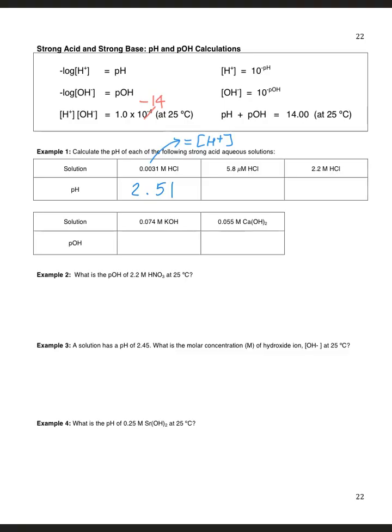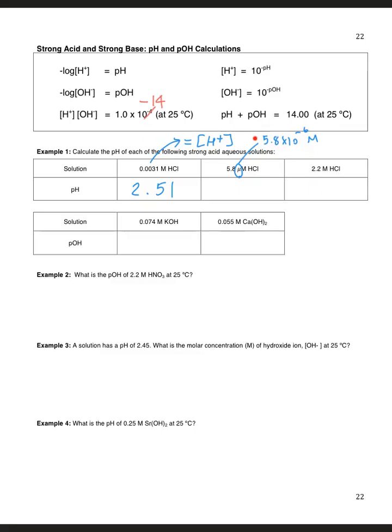Next, let's take a look at 5.8 micromolar hydrochloric acid. Again, this is the prefix that comes before the base unit. Micro means 10 to the negative 6, so the concentration is equal to 5.8 times 10 to the negative 6 molar. To find the pH of this concentration of hydrochloric acid, again, you are going to use negative